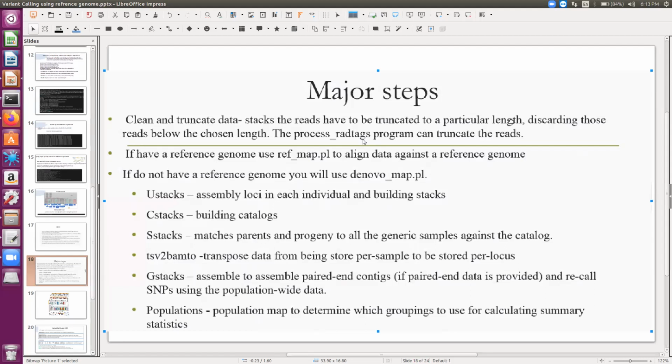And then if you have a reference genome, the ref_map.pl script is used to align the data against the reference genome. If we do not have a reference genome, then denovo_map.pl is used. So we will be using both these pipelines to identify the variants, both ref_map.pl and